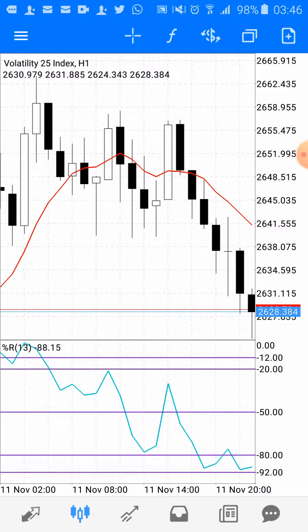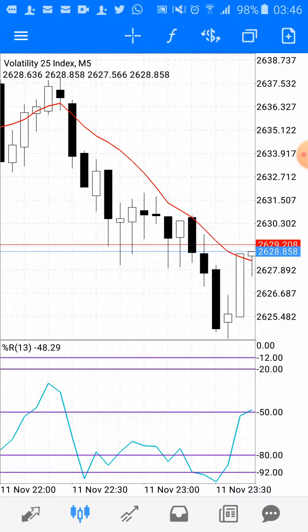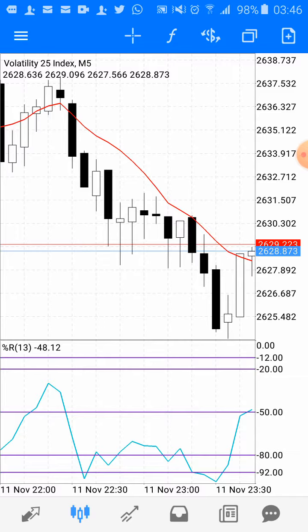Now I need another confirmation. That confirmation will be found on 5-minute time frame. Now on this 5-minute time frame, I must see the same low bar also here. Are you getting it? I must see the same low bar here. Now you can see that the last two candles, there's no low bar there. Okay, if you look at 1, 2, 3, 4, 5, 6, that is a low bar there. On the sixth one, assuming I woke up on time now, I would have taken the trade at this point. Counting from the candle that is forming 1, 2, 3, 4, 5, 6.